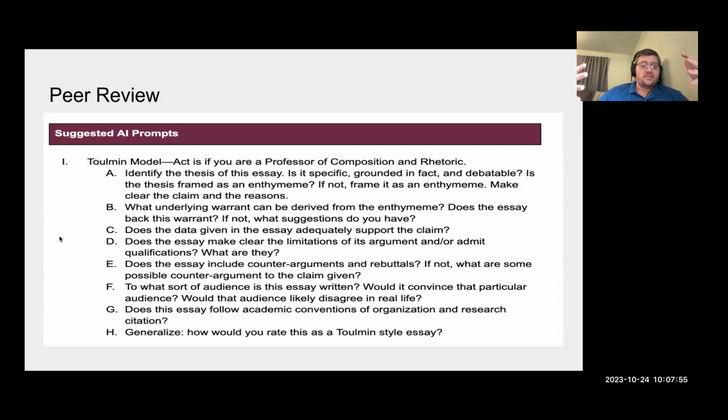And the main way, I didn't make this up. I know it's not novel. I've heard a lot of people say it: peer review. I don't ever want to do peer review the normal way. We do a lot of peer review in writing classes, and the normal way is to have them circulate among each other and answer the questions. I really polled them about it, and in general, they don't find a lot of value in it. The students don't like doing it. They don't understand why we assign it, and they just don't like the feedback.